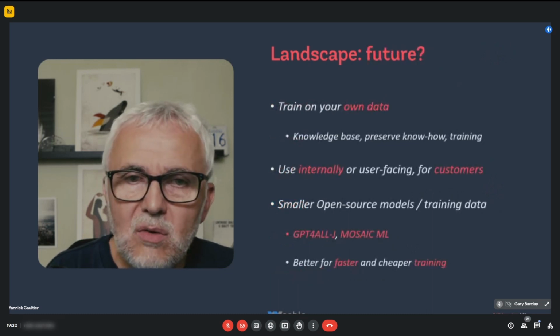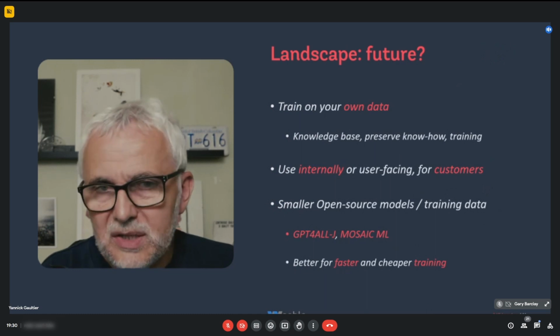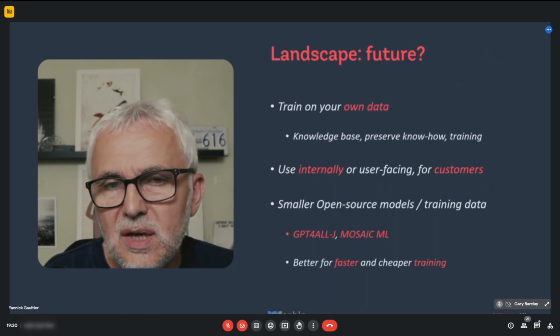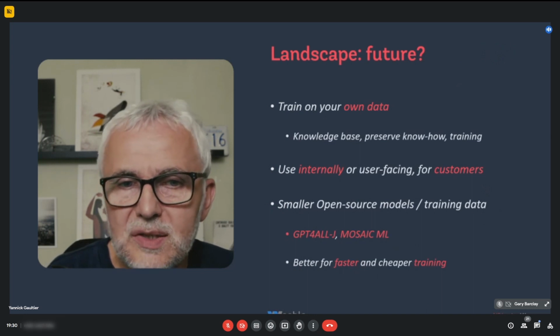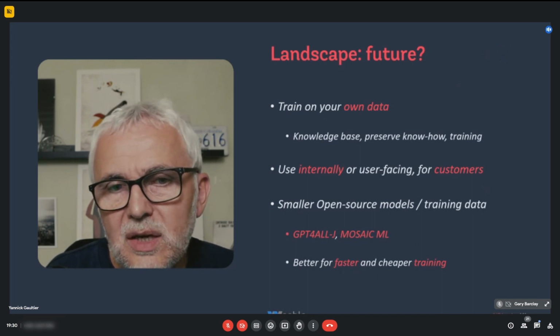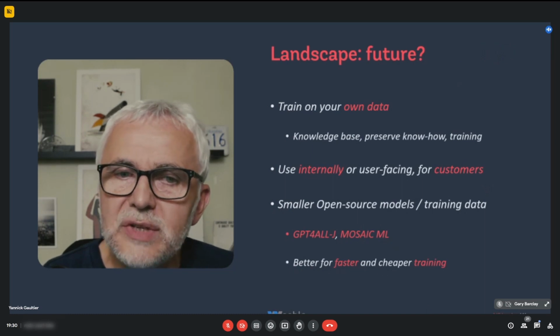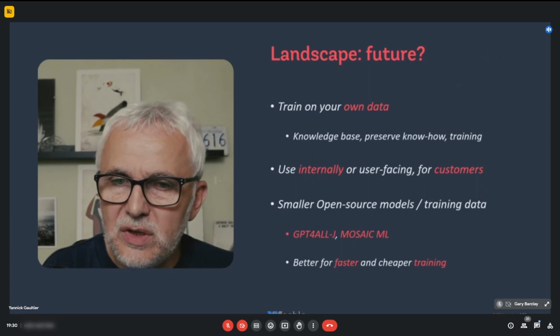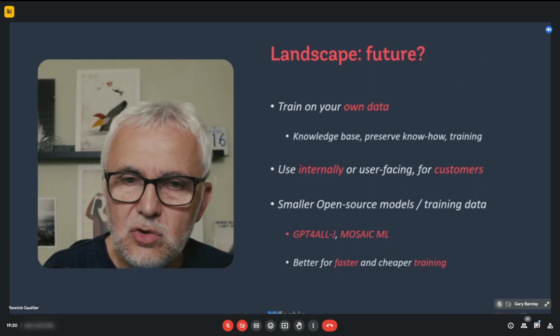Finally, what I think about the future, and maybe again that's something we can discuss later, is that the future for these models is to be trained on your own data, or to use your own data, like build a knowledge base, preserve the know-how of your company, do some training.